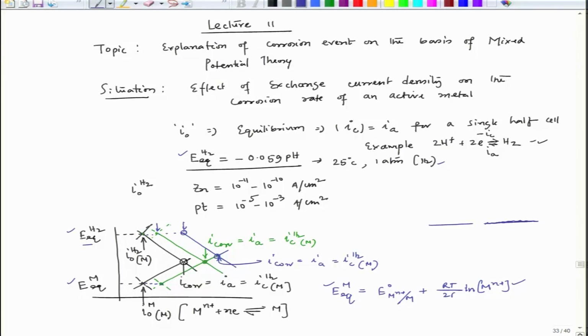So, like that way we can have a change in the corrosion rate. You could see that if the exchange current density of a hydrogen evolution reaction increases like this, the corrosion rate also increases like this, and remember this is in log I scale. So, it is an order of magnitude increase of the corrosion rate. Now, this is on the same metal, but many a times we can have a situation, for example, a galvanic coupling where both have the same area.